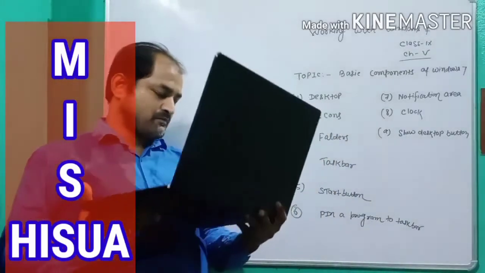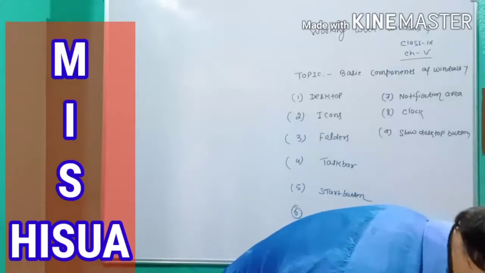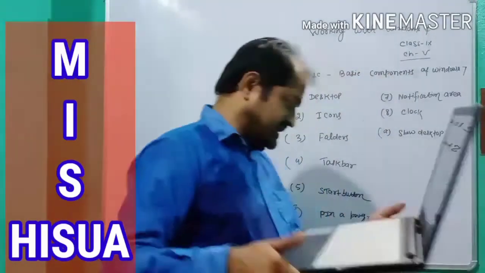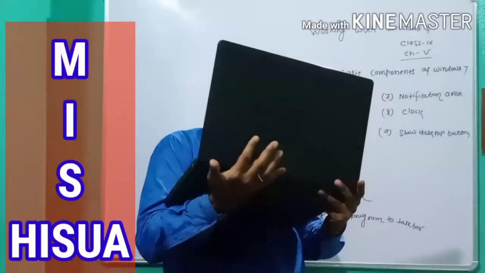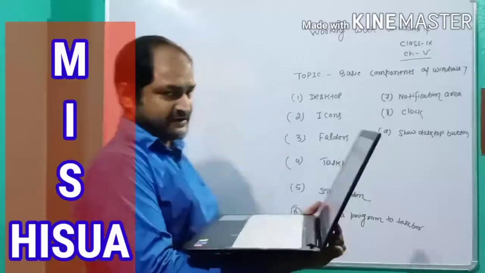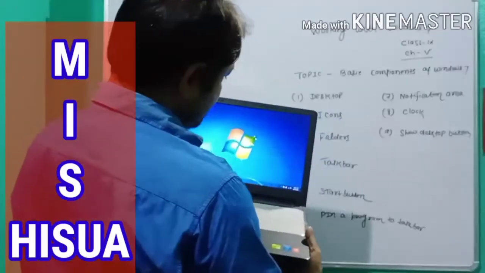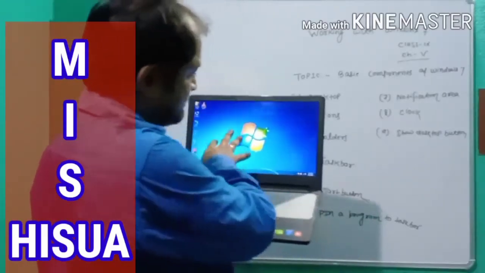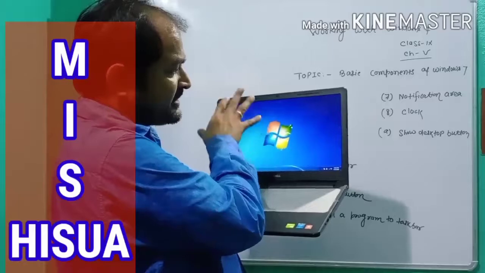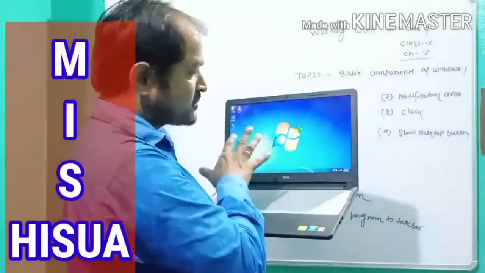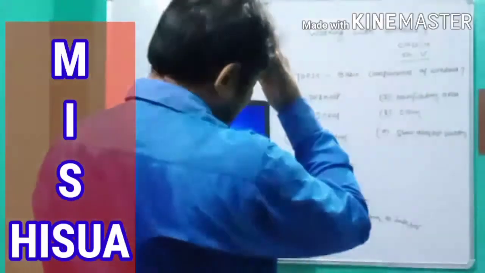The desktop is the first screen that appears in front of you. This is called the desktop.